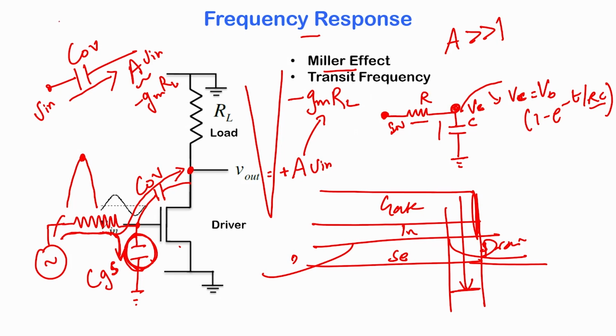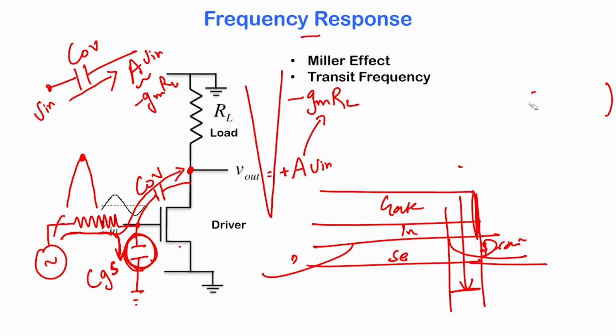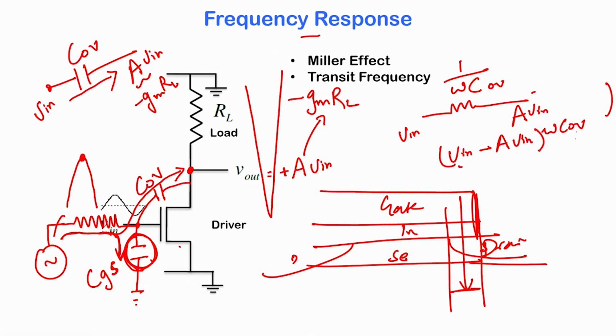And if you want to represent the capacitor as an effective resistor, you can do so by simply replacing it with an impedance of 1 by omega C overlap. So, that is basically your resistance. So, the voltage drop across this is V in minus A V in, and that into omega C overlap is basically the current through the circuit. Or in other words, you have a current of V in into (1 minus A) omega C overlap